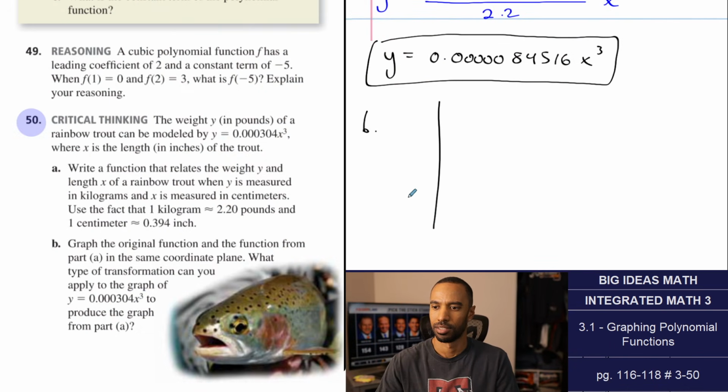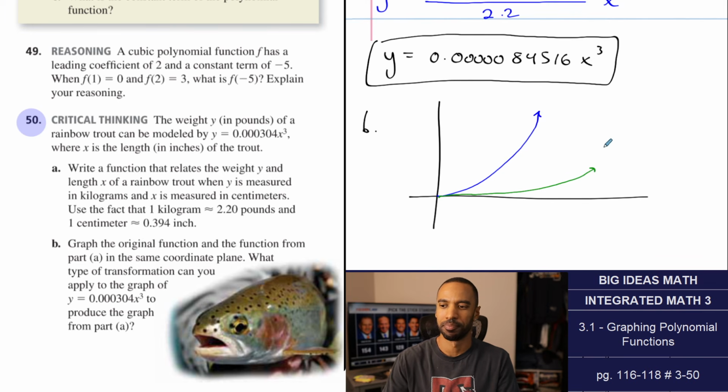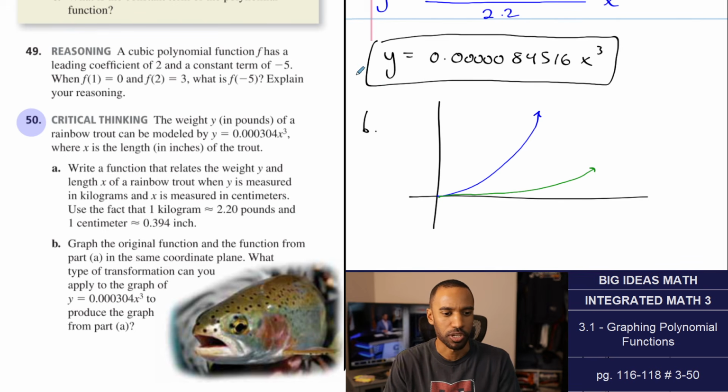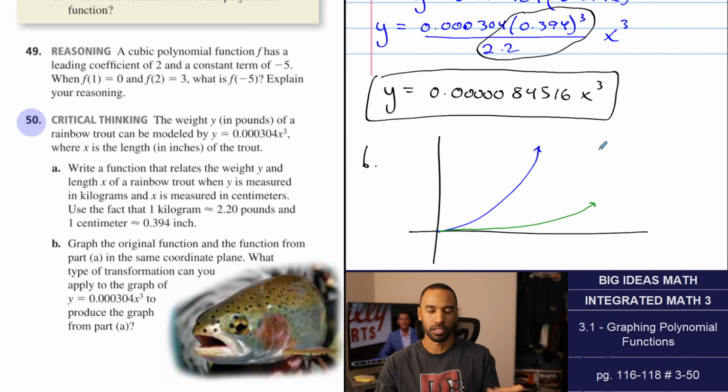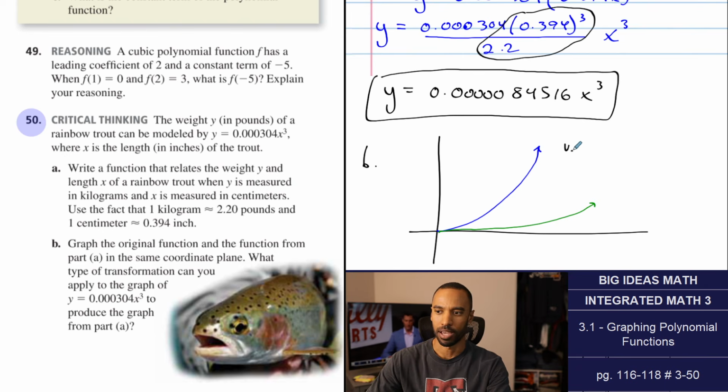Oh, man. I didn't get to that part. Look. One is like that, and one is like that. You know what I mean? What type of transformation can you apply to produce the graph? So I have to multiply by this, I have to multiply by that. And there's a rounded value, but you have to vertically compress by a factor of